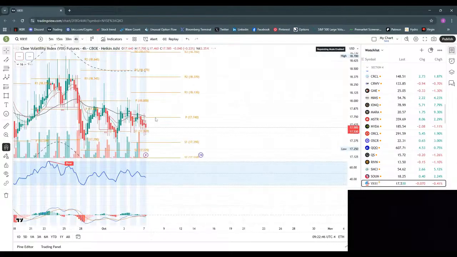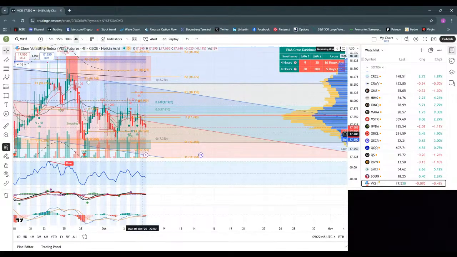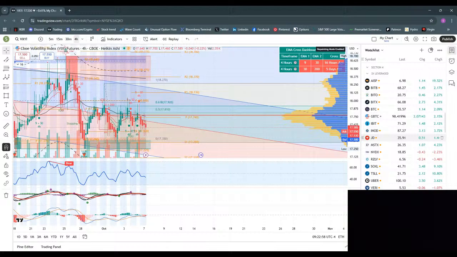VIX cannot continue dropping. This is what you need to understand. The VIX has been down. Again, I'm looking for the multiple equal lows, 1, 2, 3. So possibly there is a little bit of a drop and then the VIX will shoot up. Okay, moving forward to